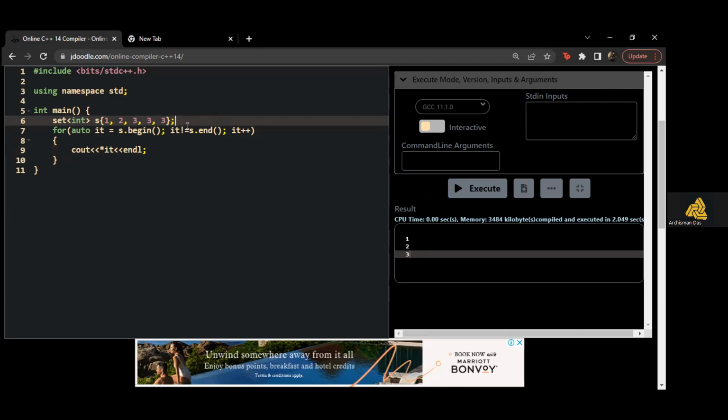That, and also there is another thing. See, if I'm storing 5, 4, 3, 2, what do you think this should print? Will it be